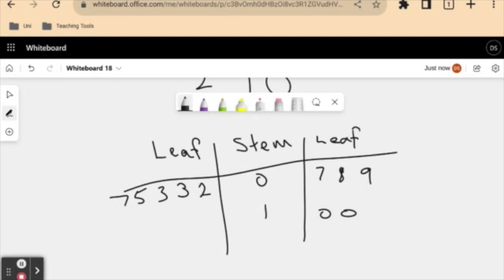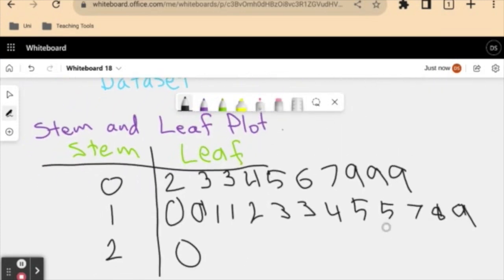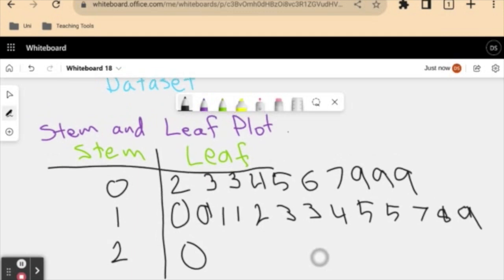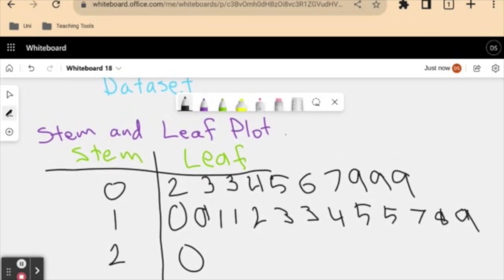So we can compare data using these stem and leaf plots. If we're dealing with a smaller data set, obviously it's easier. The stem and leaf plot isn't my favorite. It is a little bit limited. That's why I introduced it first. But we can see that, well, when we have either one set of data like this, we were able to show everything in a really clean manner. I mean, it doesn't look clean because my handwriting's shocking, but if you were to draw this out nicely, it